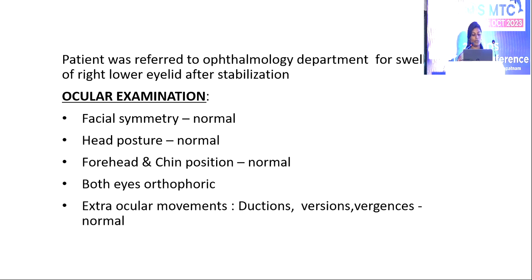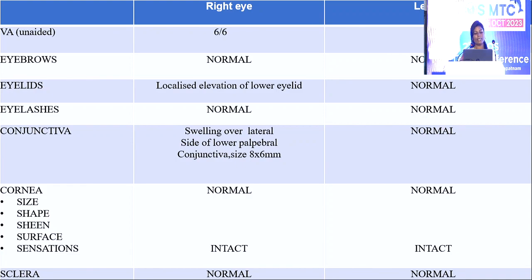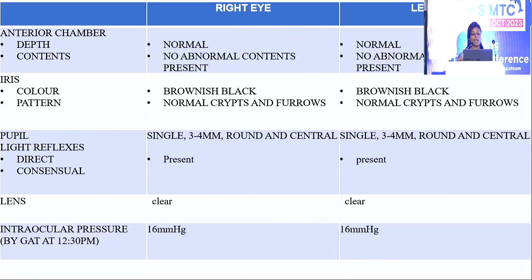Ocular examination: facial symmetry normal, head posture normal, forehead chin position normal, both eyes are orthophoric, extraocular movements, ductions, versions normal. Right eye unaided visual acuity 6/6, eyebrow normal, eyelid: localized elevation of the lower eyelid, eyelashes normal, conjunctiva: swelling over the lateral side of the lower palpebral conjunctiva, size 18 by 6 mm, cornea normal, sclera normal, anterior chamber within normal limits, iris brownish black, pupil single 3 to 4 mm, round, central, lens clear, intraocular pressure of both eyes at